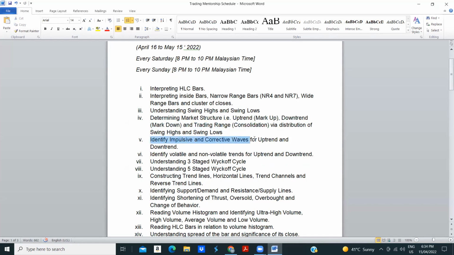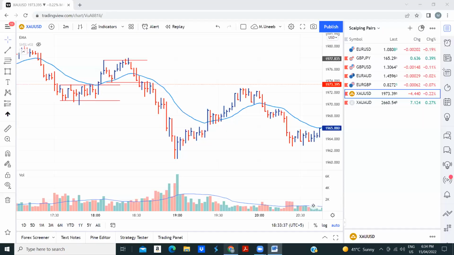Now, identify impulse and corrective waves for an uptrend. This is also important. We will cover until this one, 1, 2, 3, 4, 5. Tomorrow we will cover the rest of the points. This is the last one, impulse and corrective waves, and then this one, identify volatile and non-volatile trends. Okay, now